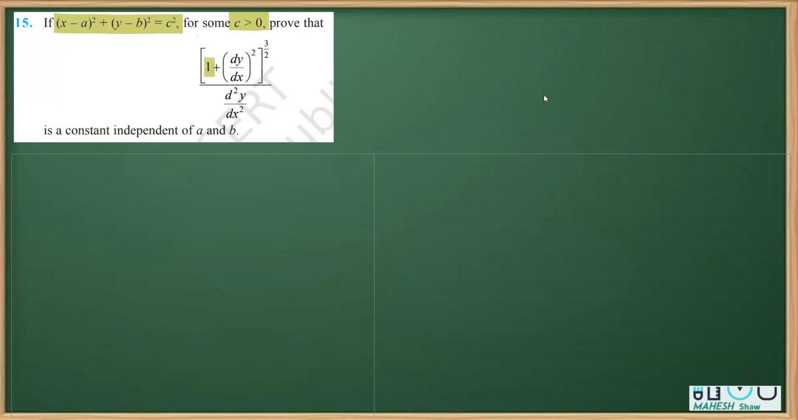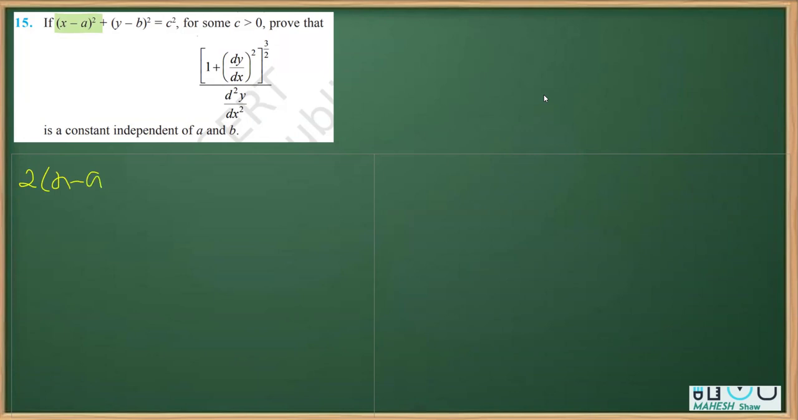We need to prove that (1 plus square of dy by dx) raised to the power 3 by 2, divided by d square y by dx square, is a constant independent of a and b. That means it should be a constant, but not a and b. Like, if I start differentiating the given expression, both sides with respect to x, what we are going to get is differentiation of this is what? That is